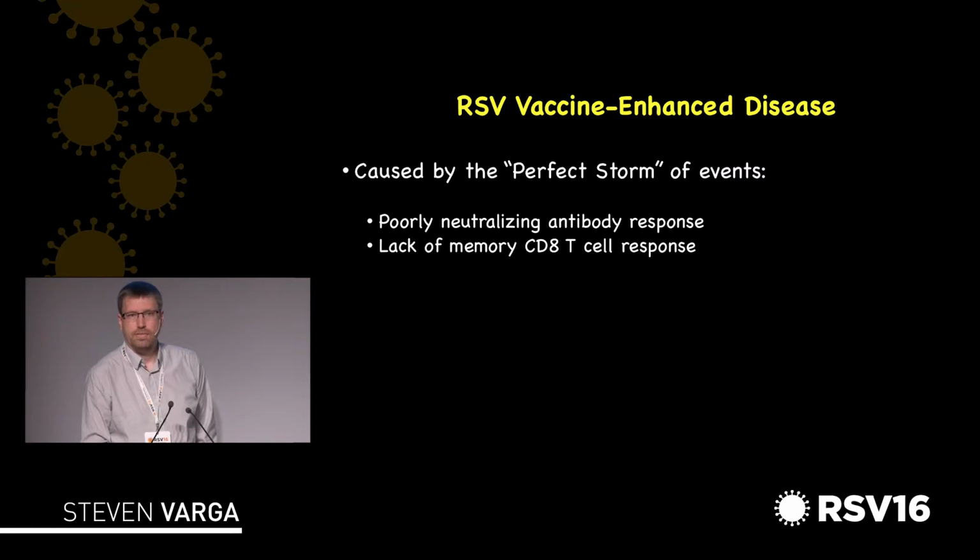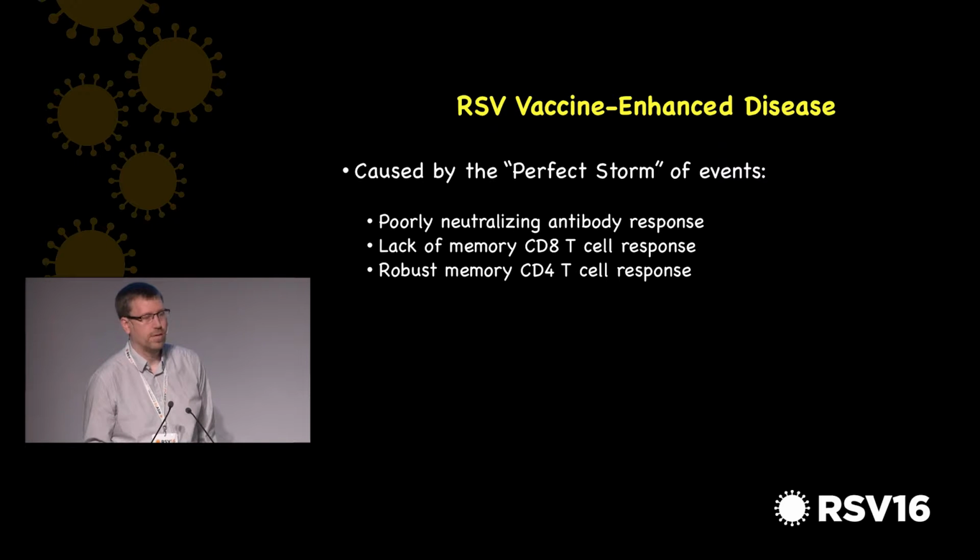It also failed to elicit a CD8 memory T-cell response. And it elicited a robust memory CD4 T-cell response because the vaccination was essentially a bolus of dead antigen that was efficiently presented in the class 2 pathway. And because of this, when the vaccinated individuals saw a live RSV infection for the first time, they mounted a